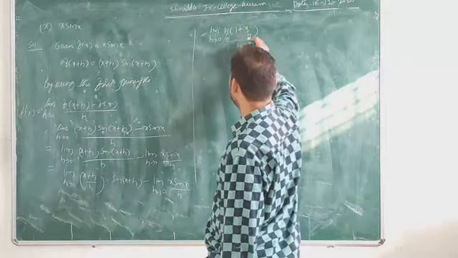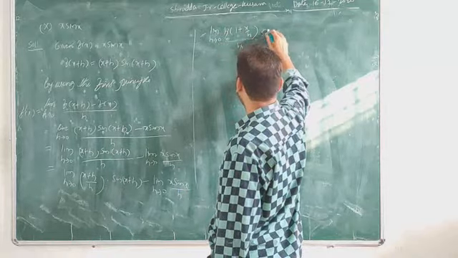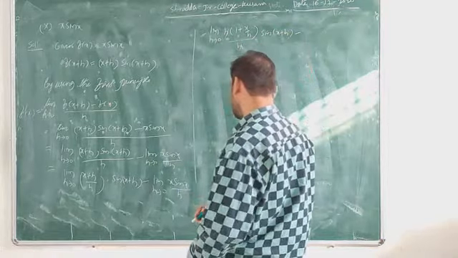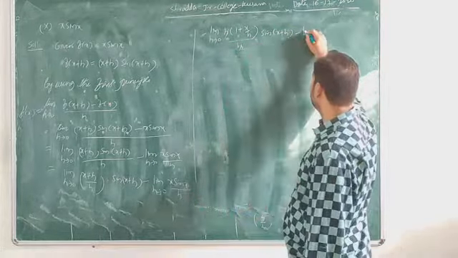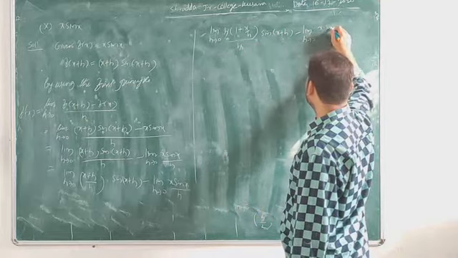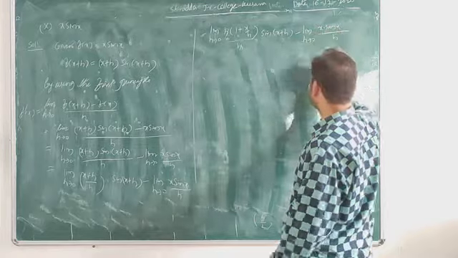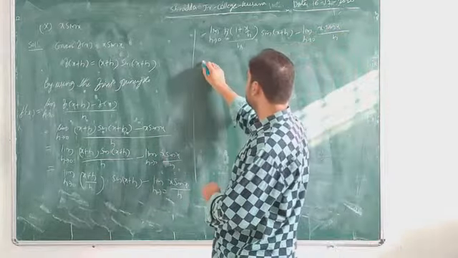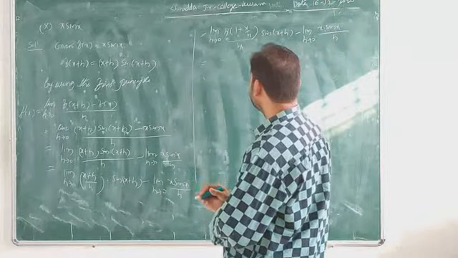Now h and x cancel here, into sin of x plus h, minus limit h tends to 0, x into sin x by h. This is equals to